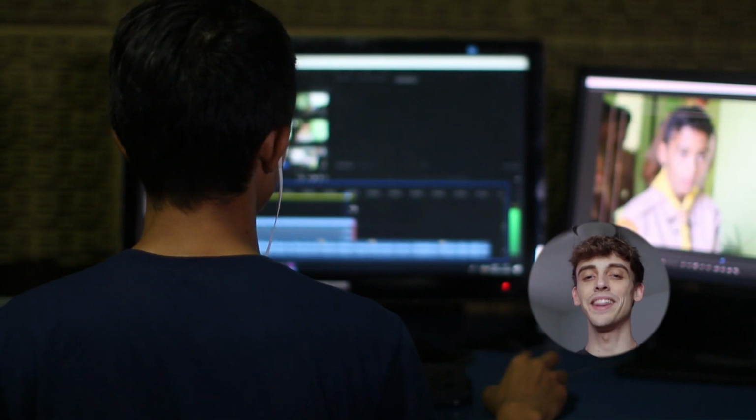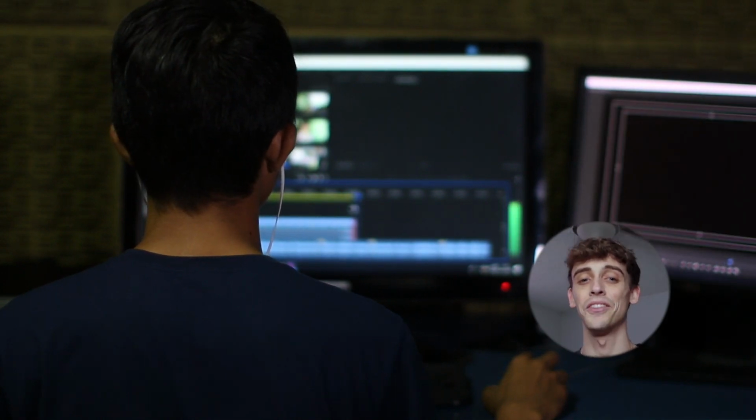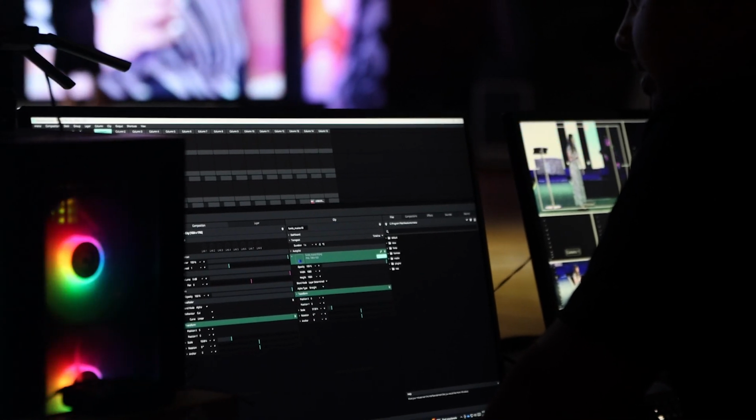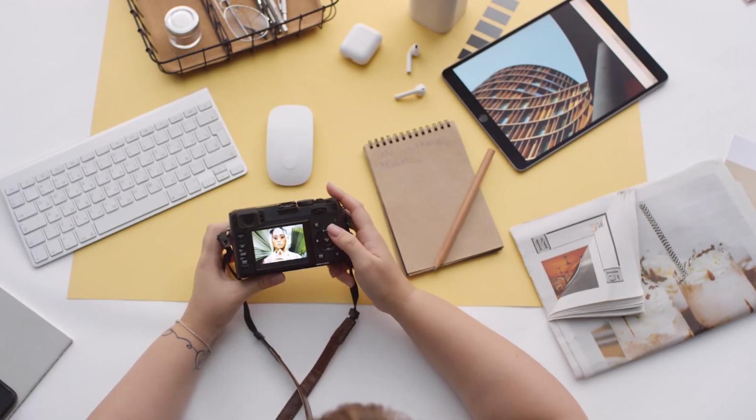I think we can all agree that AI is probably the hottest tech on the market right now, and I'm super interested in its ability to create video content. There are so many options out there that you're really spoiled for choice, but today I'm going to focus on